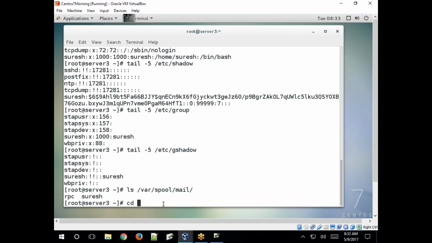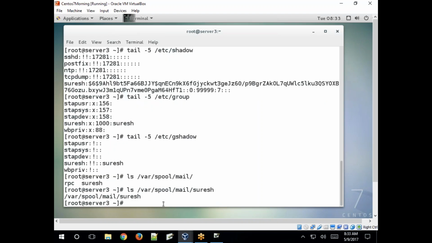Inside there are no files or information. Okay, so this is the mail spool directory.